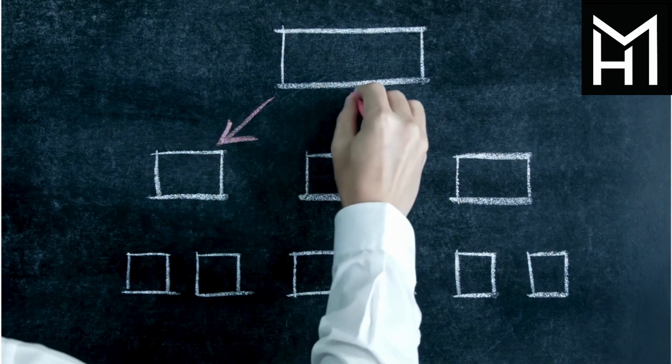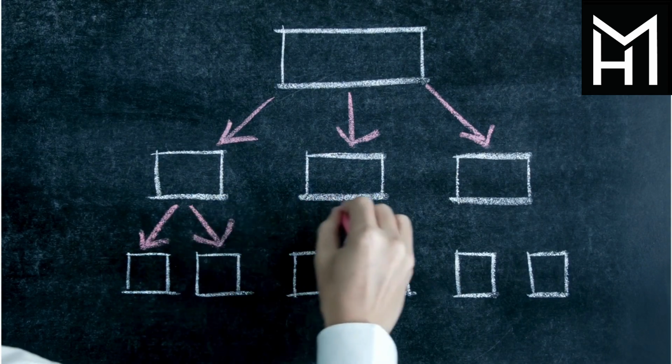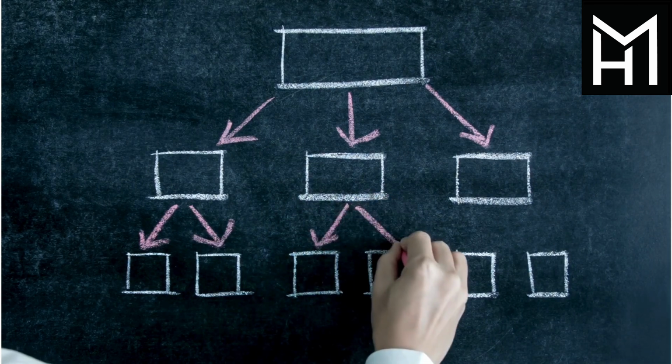When those types of instances occur, when things could go sideways for my clients, I want to make sure that their plans have answers. What if we answer? So when we picture a flow chart, that's what we do, right? We start at the top and we ask an if-then question. If this, then that. Is the answer yes? Well, then let's make sure that we're over here. If the answer is no, then we'll make sure we're over here, and we're going to ask another question. And we're going to drill down until we get to the bottom of the flow chart and we've closed all the loops. So that way, whatever questions come up, my clients' plans have answers for them.